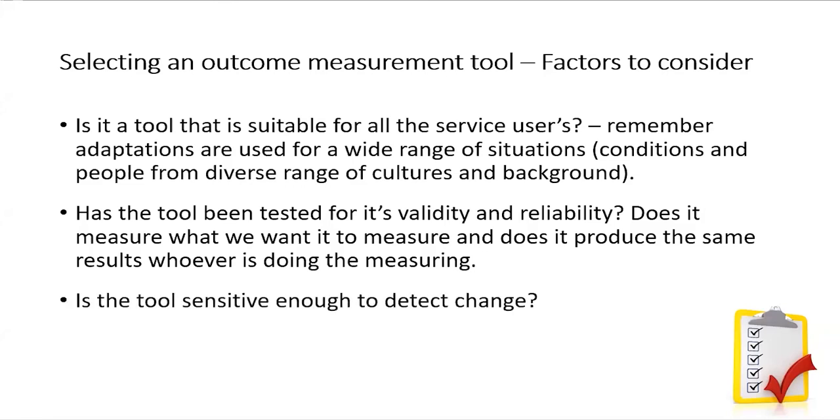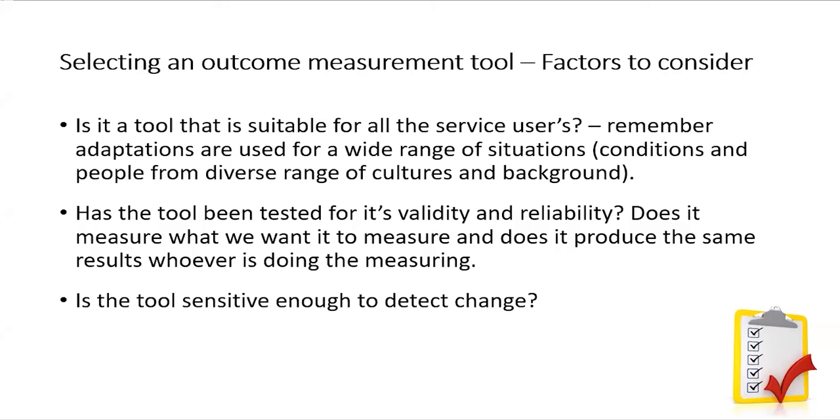And also, is whatever you're using sensitive enough to detect change? I think often what we can find, particularly around quality of life, is that we are aware the adaptation can have a huge impact on quality of life. But if your tool isn't sensitive enough and doesn't ask the right questions, you won't detect the change and impact that you've had on quality of life. A good example of that is quality of life around the adaptation being used to promote family life. If your tool doesn't pick that up, then you're not going to show that impact. So as I say, your tool needs to be sensitive enough to detect the change and impact that your DFG